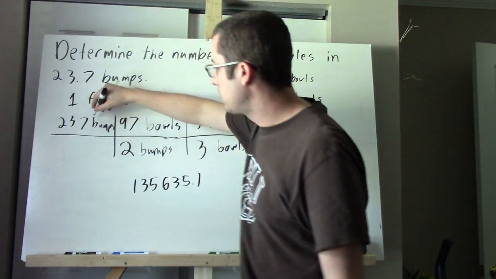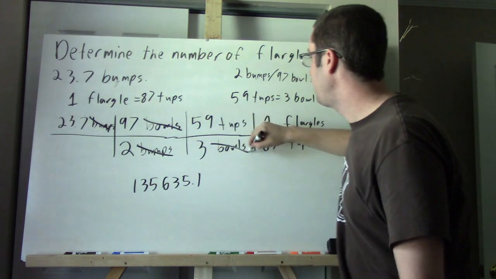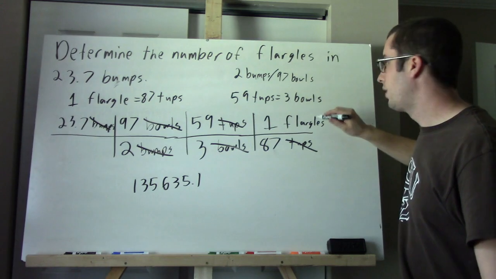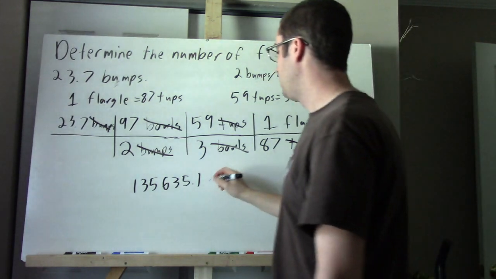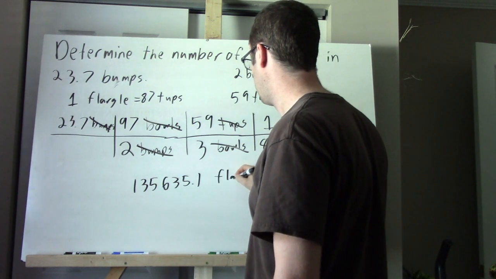Oh, and we forgot to check our units. Bumps cancel out, bowls cancel out, tups cancel out. We're left with flargles, so we're good there. So 135,635.1 flargles